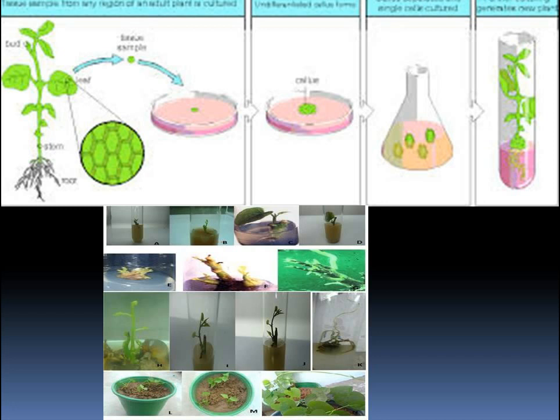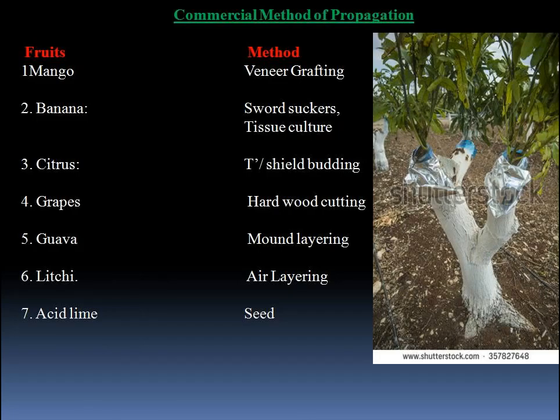You can check this and understand how we can grow plants by micro propagation in vitro. Based on the part we use, different names are there. If we use embryo, it is embryo culture; if we use meristem, it is meristem culture; if we use protoplast, it is protoplast culture; if we use anther, it is anther culture; if we use ovule, it is ovule culture, like that. That's all.